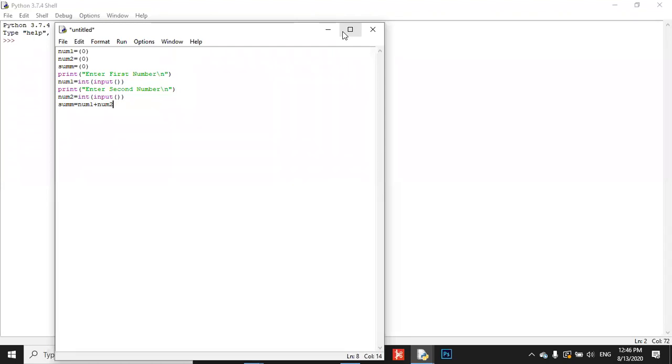Here in this line the plus symbol is used for addition. And now at the end, print required sum is backslash t, inverted comma close, plus. For concatenation, I need to produce the line as an output for the identification and the resultant value of the addition. Sum, bracket close, Control S,